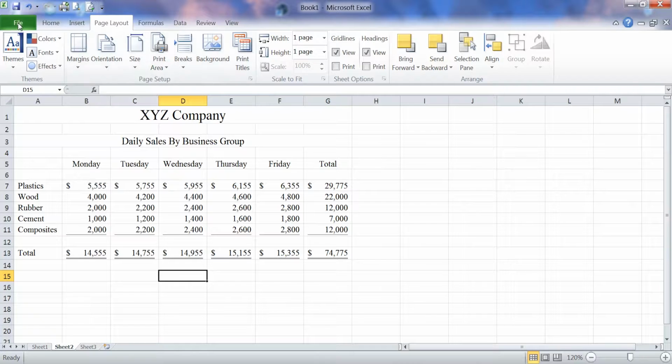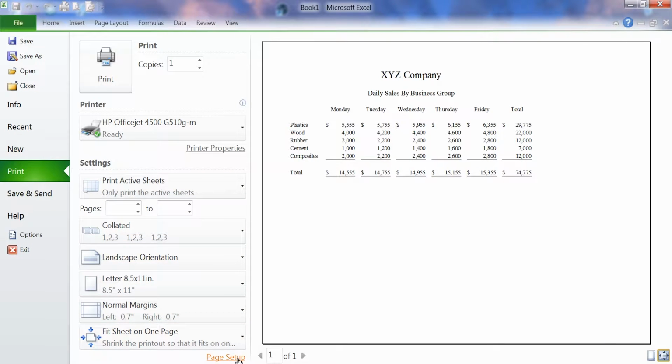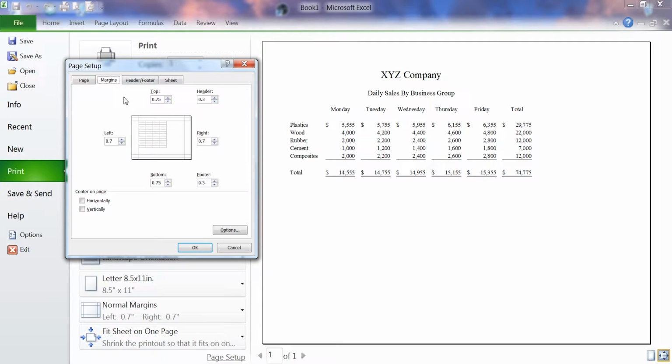But the way I like to do it is to go over to File, Print, and then down at the bottom you see page setup there. And the reason I like to do it this way is so that I can see the impact of my changes fairly quickly. So we're going to go over to margins, and the first thing we're going to do is